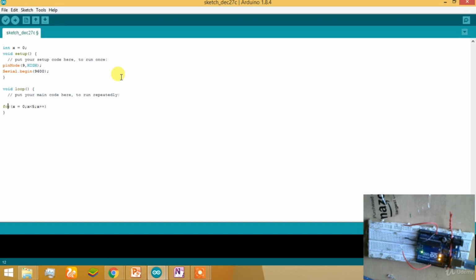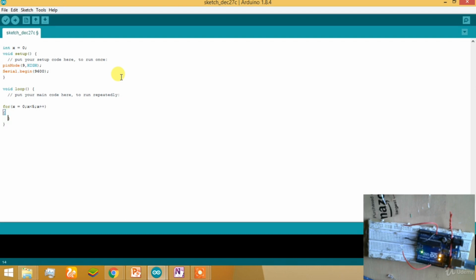This is the method of writing a for loop. First declare it, give two parentheses. First write the initial value of the variable we want: x is given the value 0. After a semicolon we give x is smaller than 5, as we understood. Then increase x by one step. We can also write x is equal to x plus 1, but it is simpler to write x plus plus for a single increment every time.